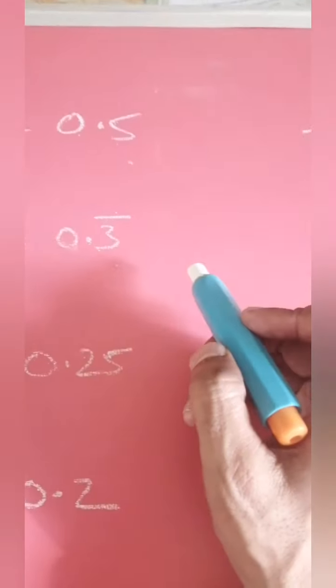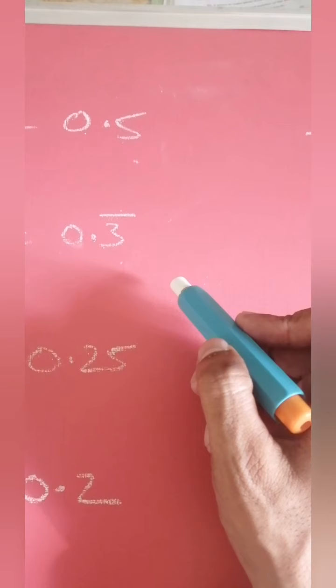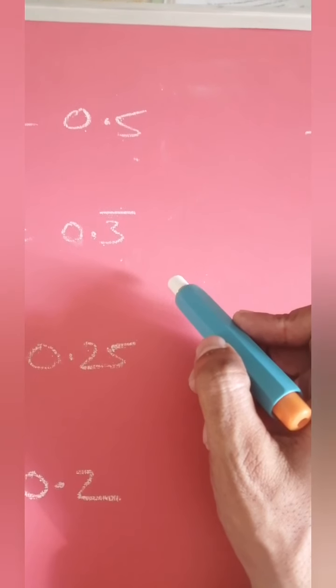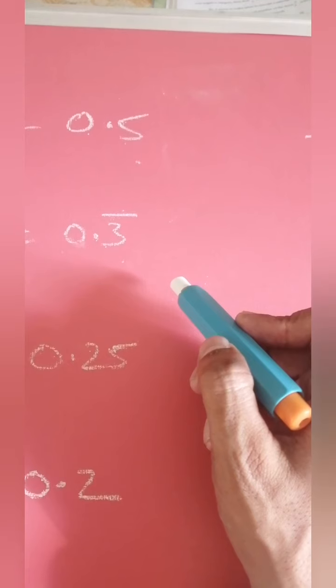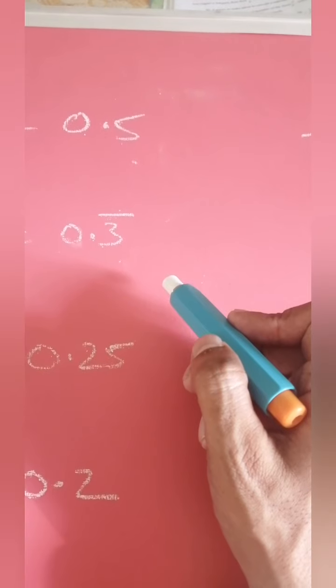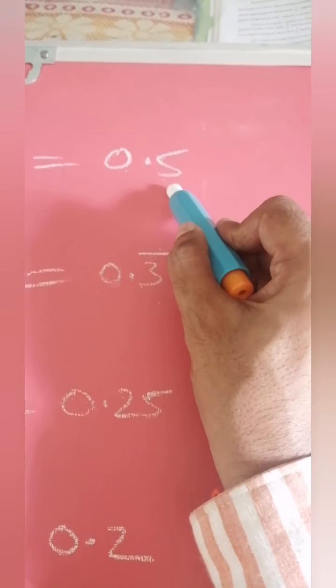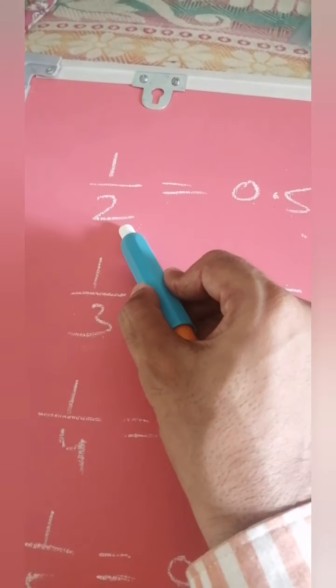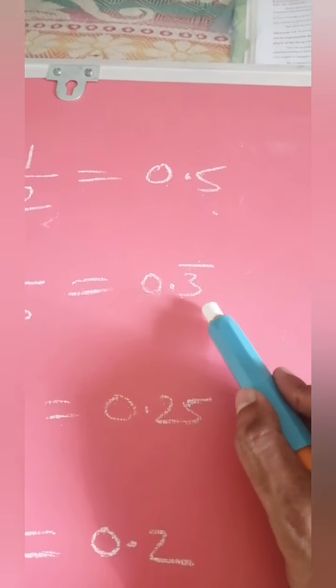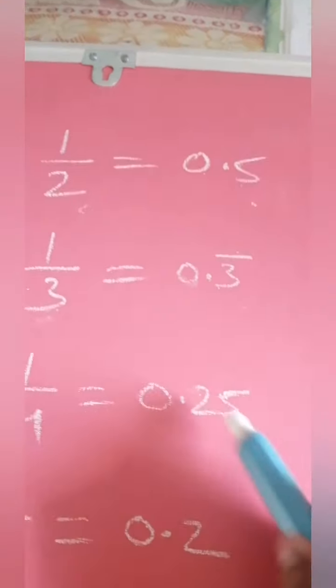Okay, next let us go for its converse theorem. The converse theorem is like this: let x be a rational number whose decimal expansion terminates, then it can be expressed in p by q form, where q and p are co-prime and the prime factors of q are in the form of 2 to the power m into 5 to the power n. That is, as it is terminating, when expressed in p by q form, its denominator is in 2 and 5 form. If it is non-terminating, its denominator is not in the form of 2 to the power m into 5 to the power n.